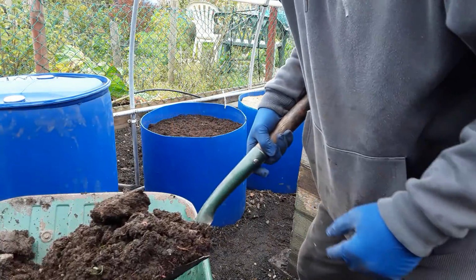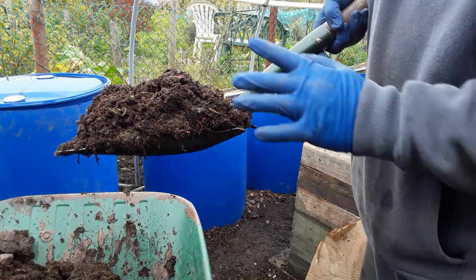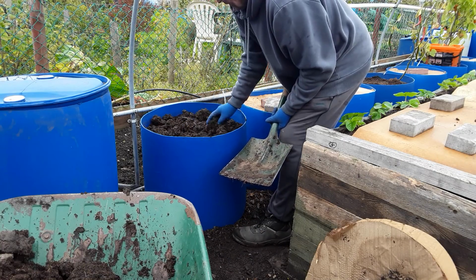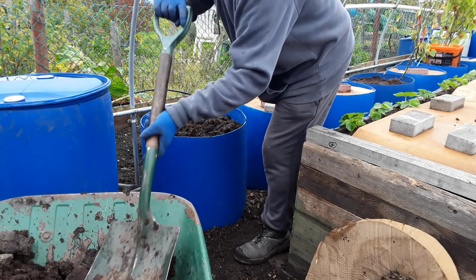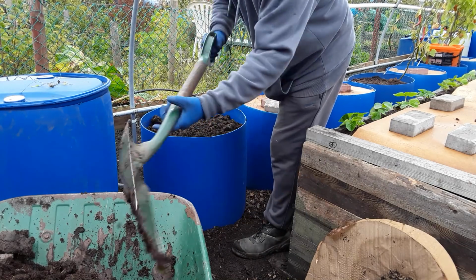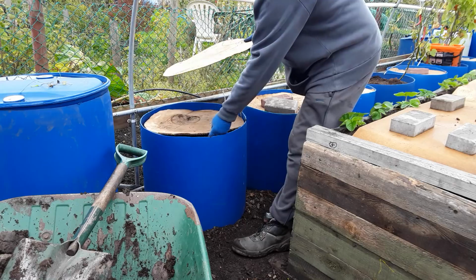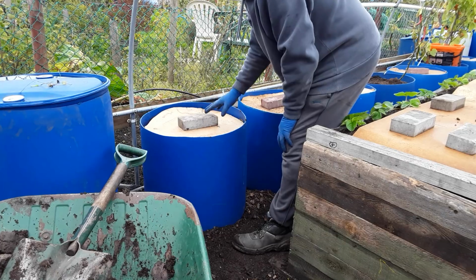So this manure is teeming with life. These worms now from the manure runoff bin, I'll show you that later. So we just put a little layer in there. Those worms can work away. And then I've just cut some thin cardboard, not that thick stuff. That one's a little bit wetter, so we'll stick that on there, put the brick on it, and again